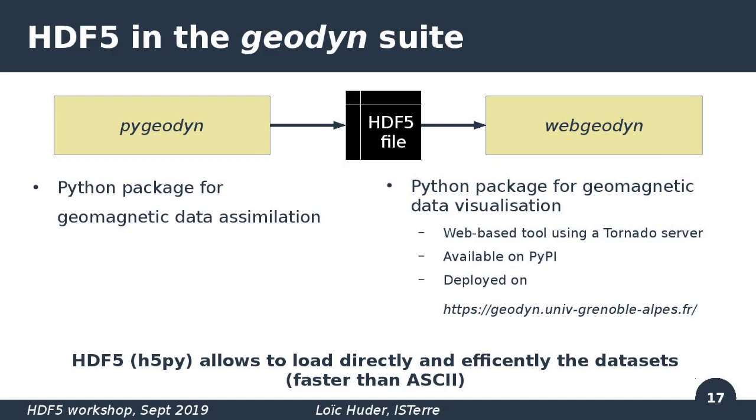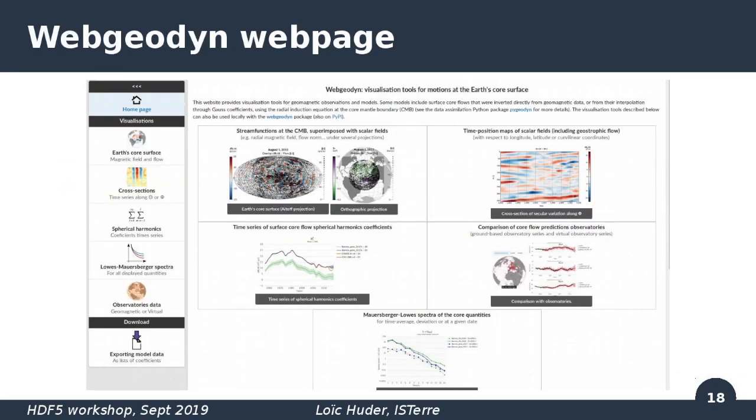So this is the state that we are in. We have the pygeodyn Python package that gives us an output HDF5 file. And in fact, what we are also doing in our group is developing another Python package for geomagnetic data visualization that we call WebGeodyn. It is a web-based tool using a Tornado server, and it is deployed on a website that you can access and look at. It has the following